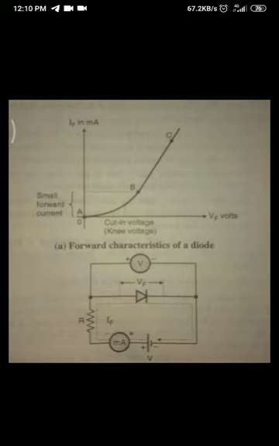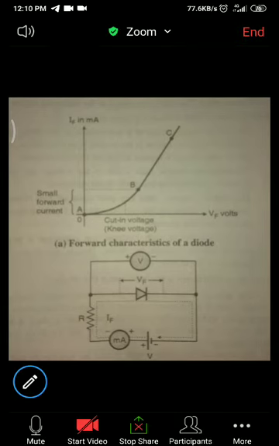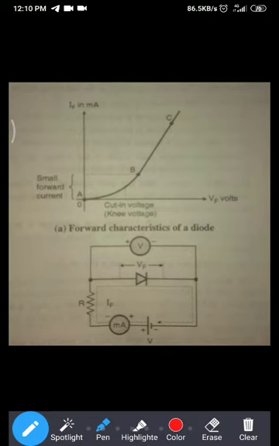Today it is our 17th lecture of Basic Electrical and Electronics. So, in previous lectures, we have studied about the diode, formation of diode, depletion region, forward biasing of diode, reverse biasing of diode. Today we are seeing the VI characteristic of diode, that is voltage current characteristic of diode. So, it is the graph of voltage versus current.